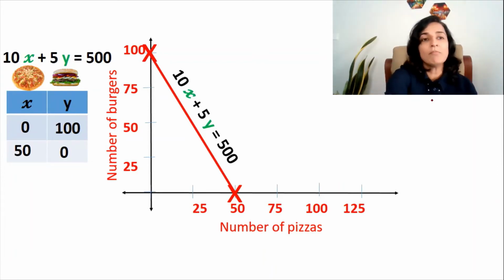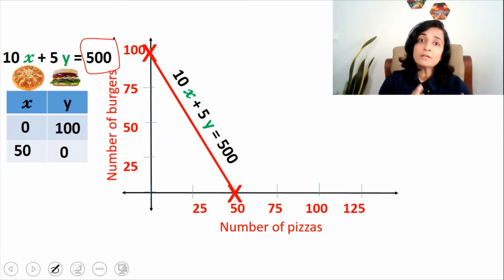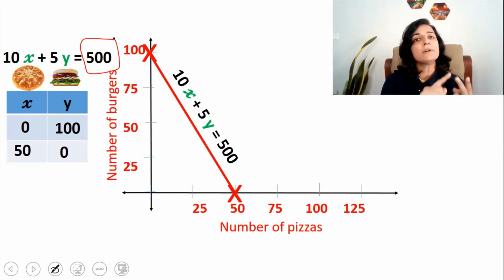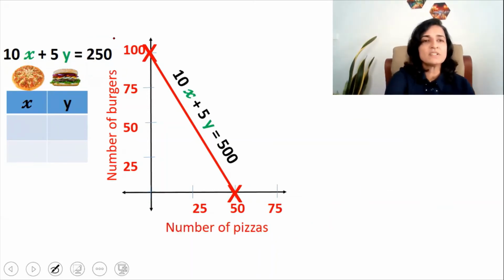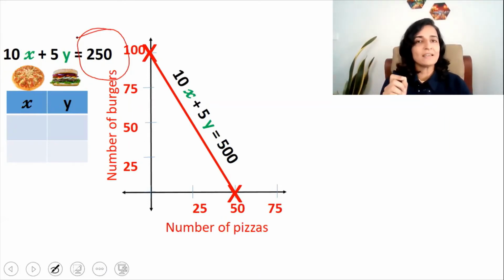Now you might ask me, ma'am, you took $500 as the assumed profit, but we may not assume the same figure. We may assume a different figure, which is a multiple of 10 and 5. Agreed. Suppose you are assuming a figure of, say, $250. That is also a number which is a multiple of 10 and 5. Let's see how the profit line will appear then. So this is a figure that you are planning to assume, $250. Initially itself, I said you can assume any figure. Now suppose this is the amount that you assume, $250.